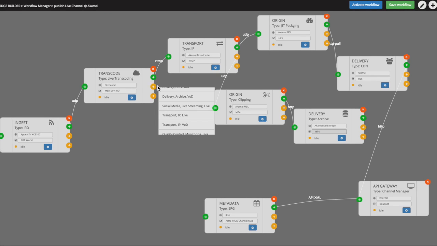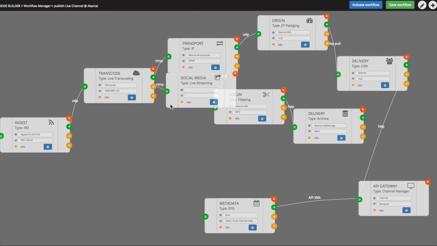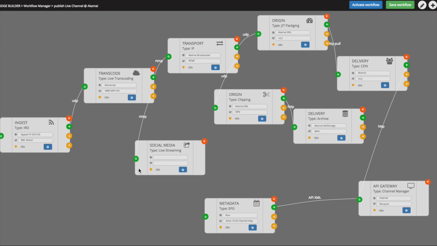I also want to publish directly on a social media website, and I can add this component to publish on Facebook. And also choose HLS for live here. Finally, I have a workflow now from ingest to transcode, transporting up to the cloud,